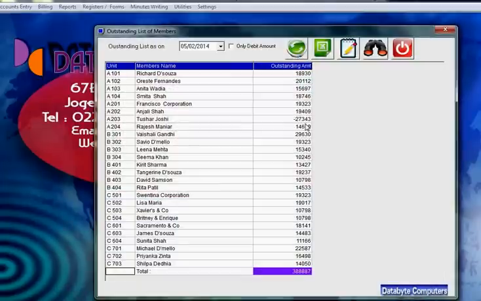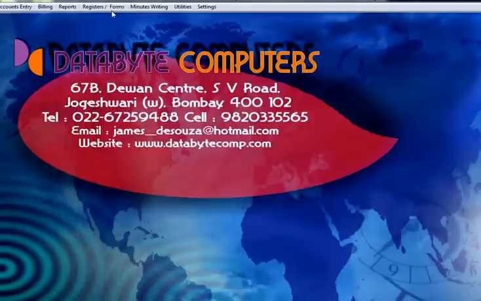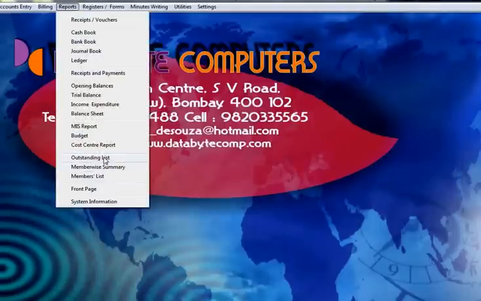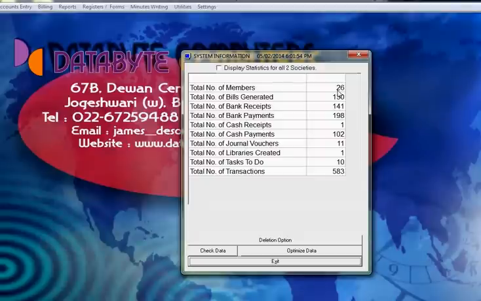All the defaulters will be shown as on today. Under reports, this is the member wise summary, the members list, the front page, the system information, which will show you how many members are there in your society, how many bills you have generated, how many bank cash receipts and payments that are